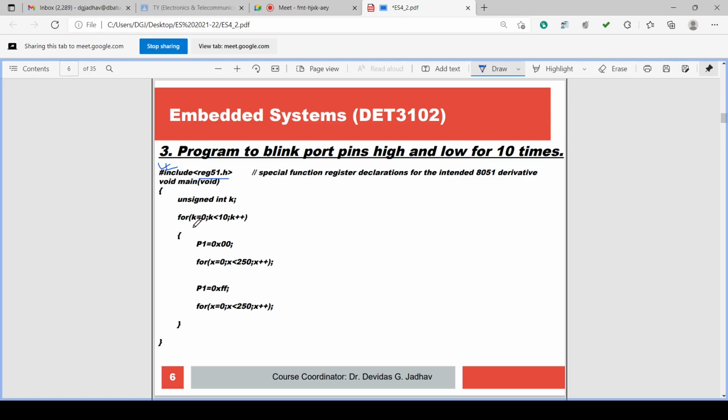Then unsigned integer is there in this void main void, that is the declaration of the variable. As k is declared, x also must be an integer, we have to declare it, isn't it? So this is the curly bracket opening and curly bracket closing of the main function.